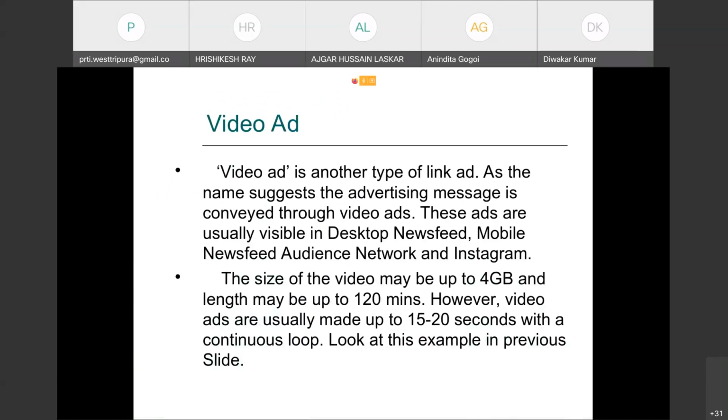Video ad. Video ad is another type of link ad, and as the name suggests, the advertisement message is conveyed through video. These ads are usually visible on the desktop newsfeed, mobile newsfeed, audience network, and Instagram. The size of the video may be up to 4 GB and the length may be 120 minutes. But my suggestion is don't try to give this type of video, give 15 to 30 seconds, because nobody has the